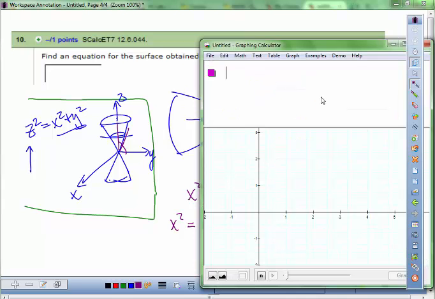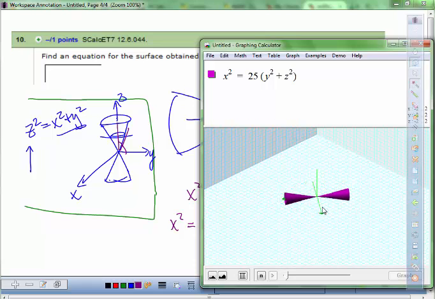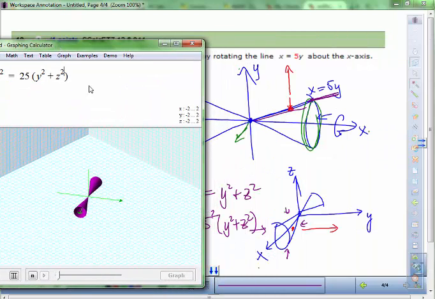Let's try to graph it first. x squared equals 5 squared times y squared plus z squared. So it looks like a flattened out cone that we've just been talking about. And then if you want to look at some numbers, like what happens at this point where I punched that hole,